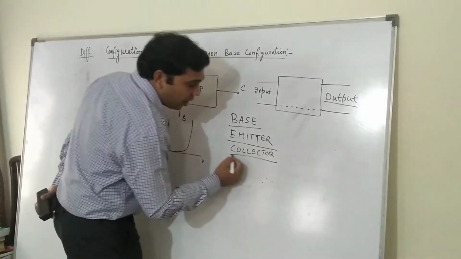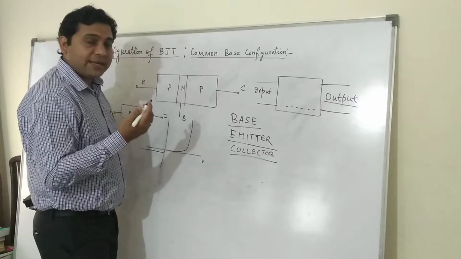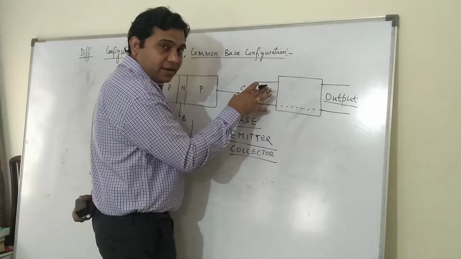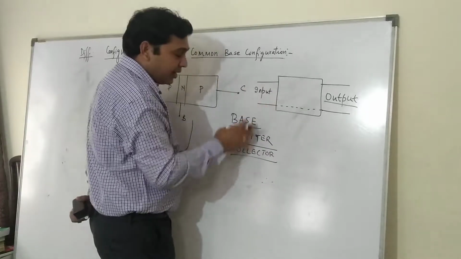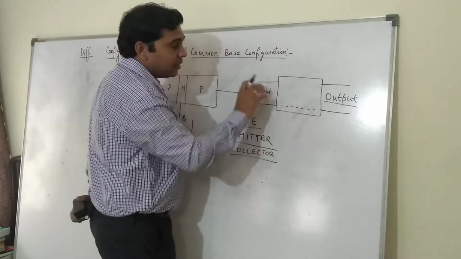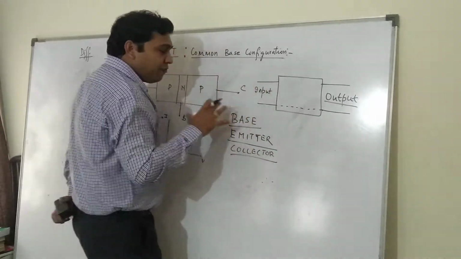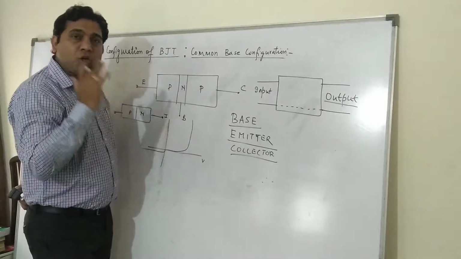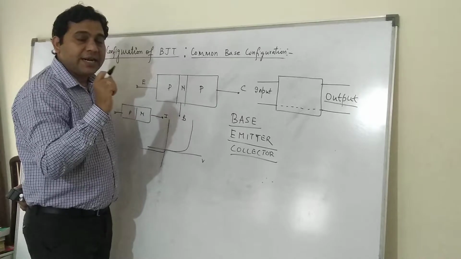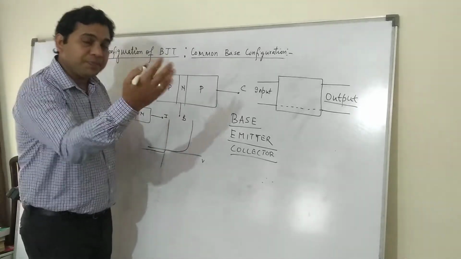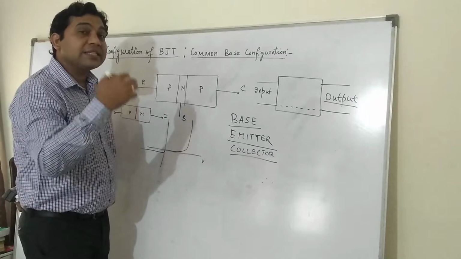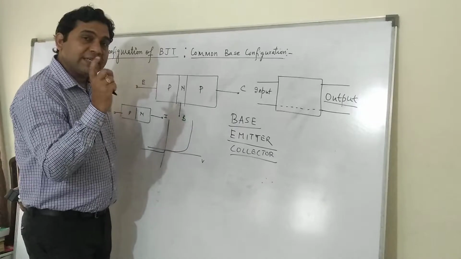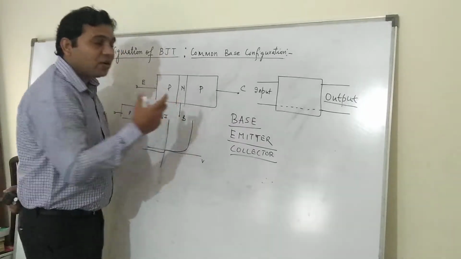Now you can have different characteristics for common base, different characteristics for common emitter, and different characteristics for common collector. Because if you keep the base common, the input characteristics will be different. The input parameters will even be different. If you keep the emitter common, then the input parameters will be different from the base. So we need to study each and every configuration of the BJT to have a complete understanding of it, so that we can use the BJT in other devices or circuits. How to use a BJT in other circuits? We need to understand the characteristics of the BJT in different configurations.